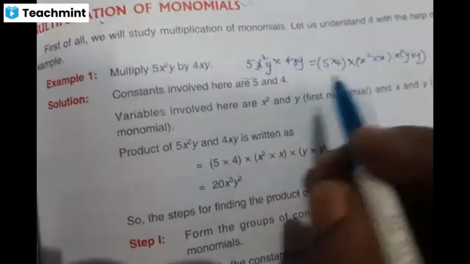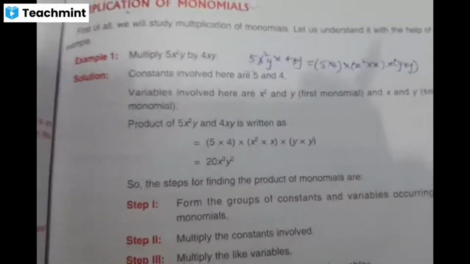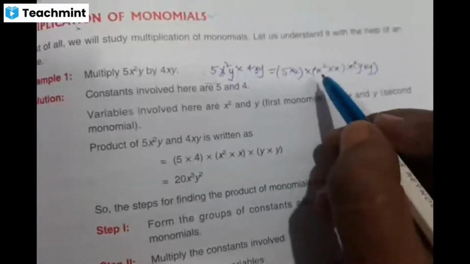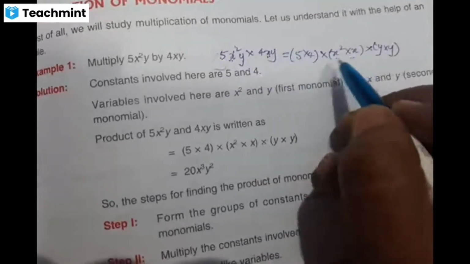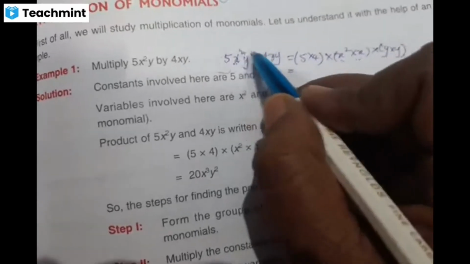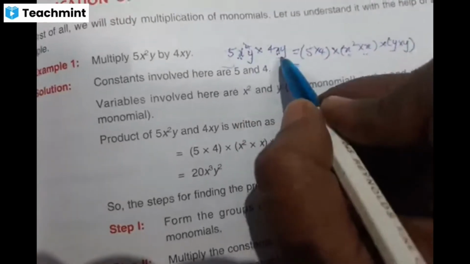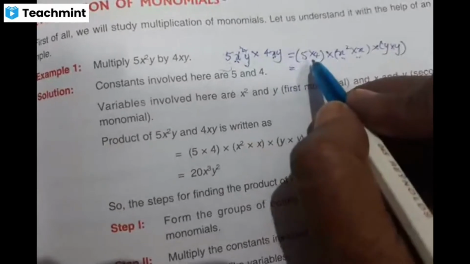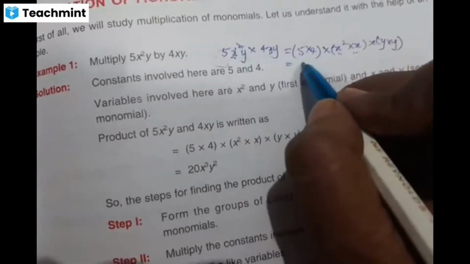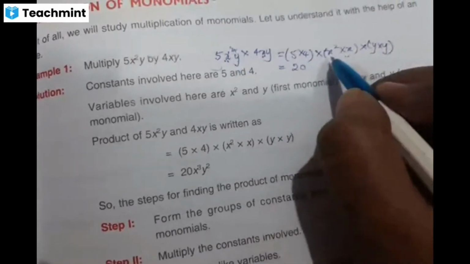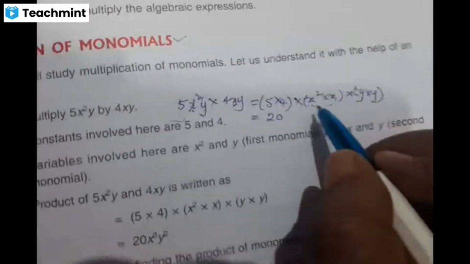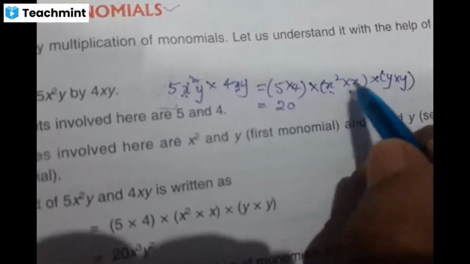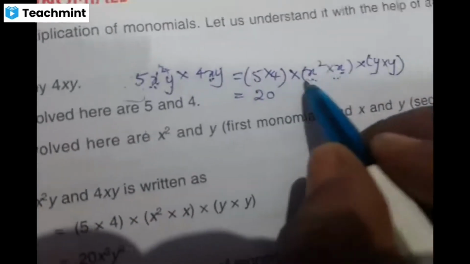So before multiplying, you should observe that you can only multiply the common variables, or the same variables. Whatever the powers may be, you should multiply the same variables. Now in the next step, we are going to multiply 5 4s are 20, x square into x. You know how to multiply two powers with the same variable. If the power is different, what do you do, children?